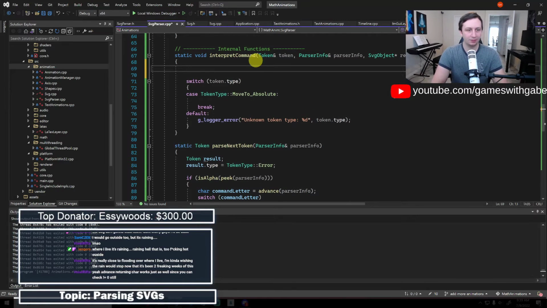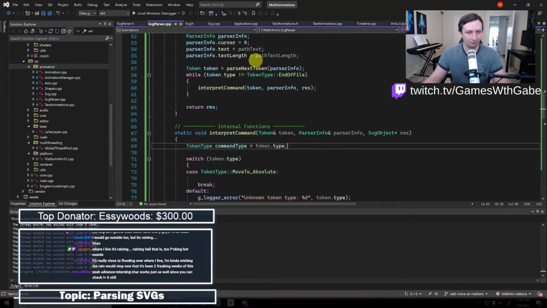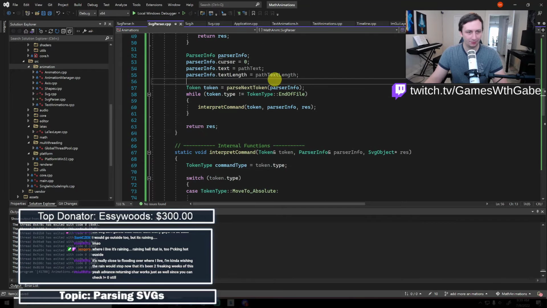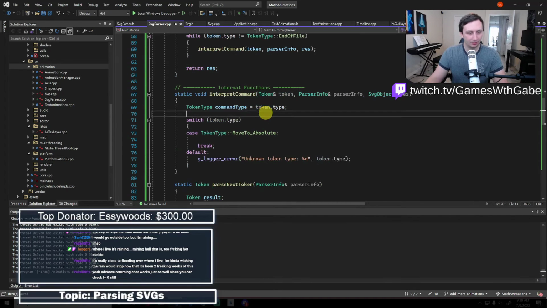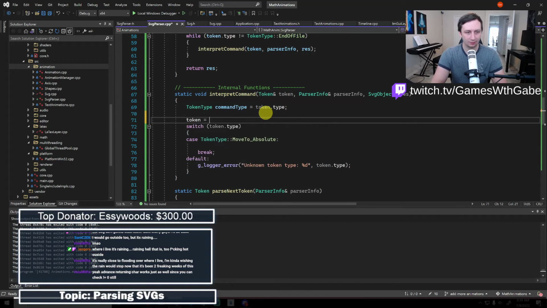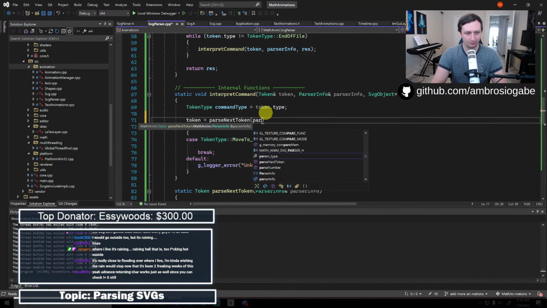Okay, so what we're gonna do is we're gonna do this. We're gonna say token type command type equals token dot type. Right, this is a command, which we know because of everything up there. Then what we're gonna do is we're gonna say token equals parse next token.